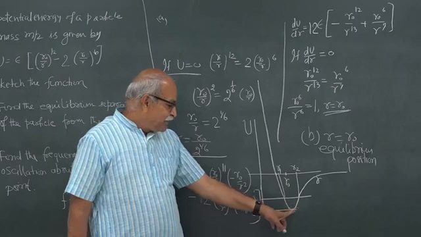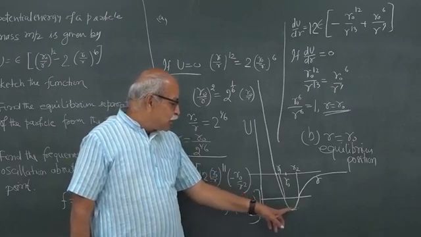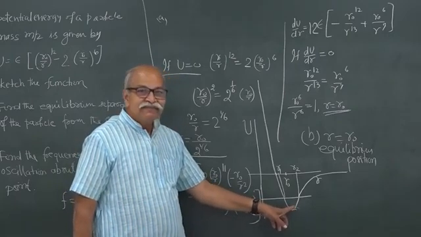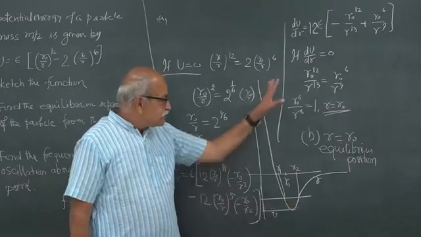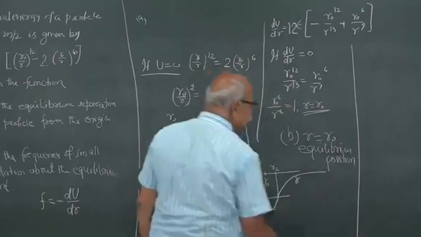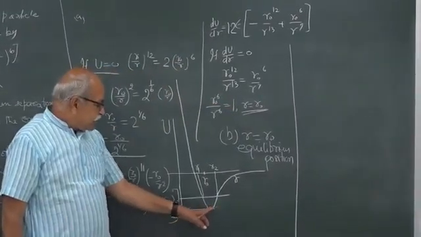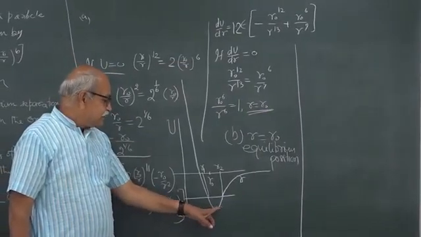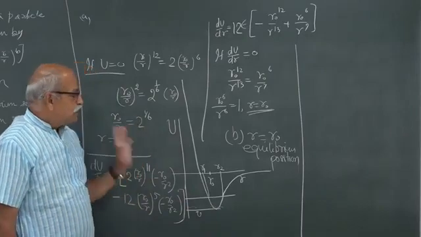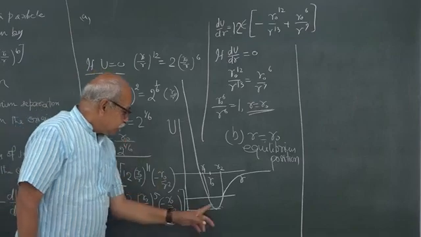So it goes in an oscillation here, and if it is small, then this portion can be approximated to a parabolic curve, and then it will be SHM. And we will see, I have to do some calculations, I can perhaps do it here, that for small oscillations it can be treated as an SHM, and then we can get the frequency from the SHM equations. And how do I do that? I go for this